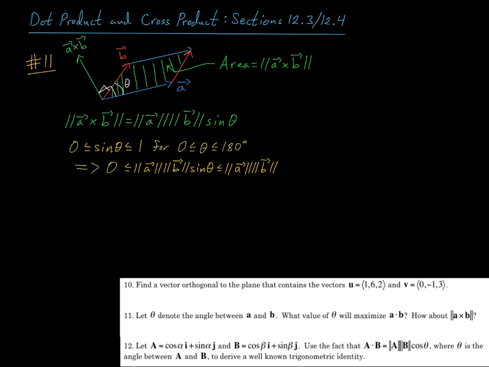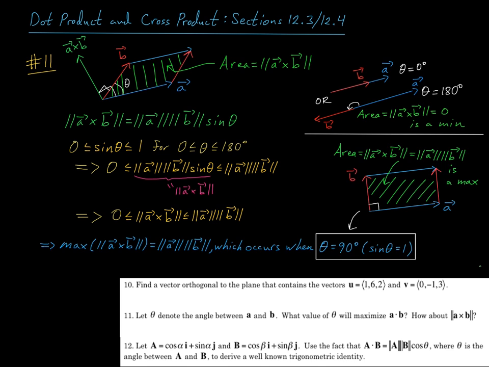This implies, if I multiply through by the product of the magnitudes of A and B, that the magnitude of A cross B is bounded below by 0 and above by the product of the magnitudes of A and B. All right, so when do we achieve this upper bound? That's going to happen when the sine achieves its upper bound of 1, and that happens when theta is 90